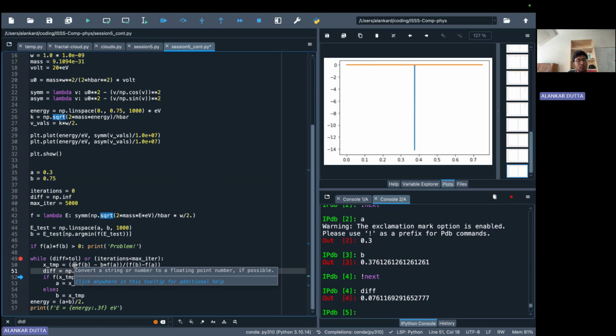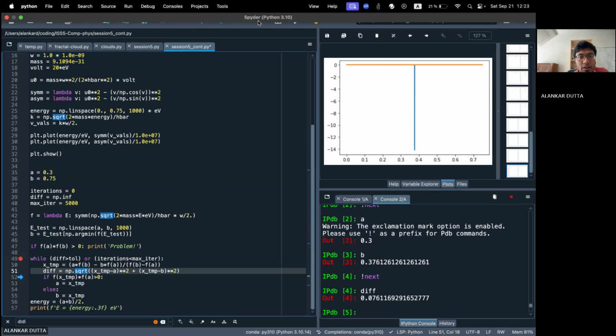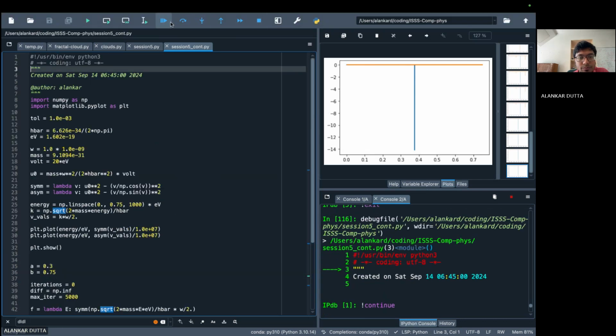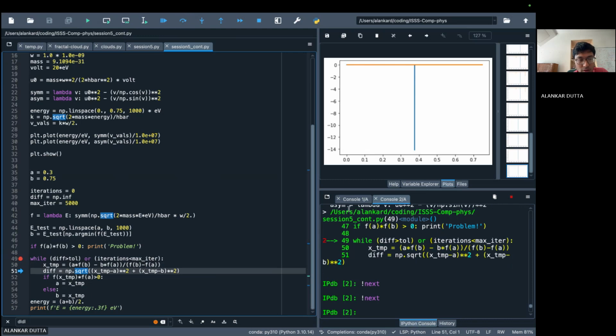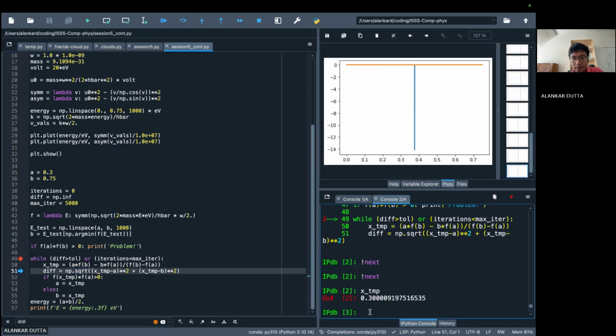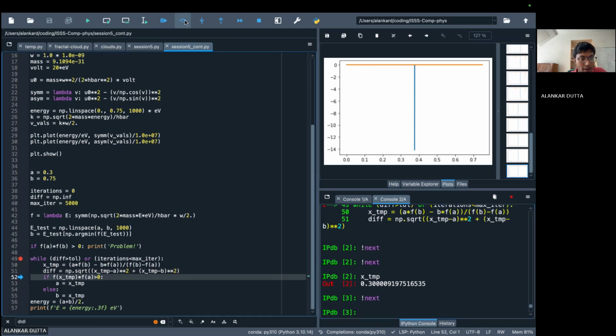If the difference is less than tolerance, then we obviously are fine. Okay, let's stop this once again. Let's come in here. So we have XGMP, which is something,